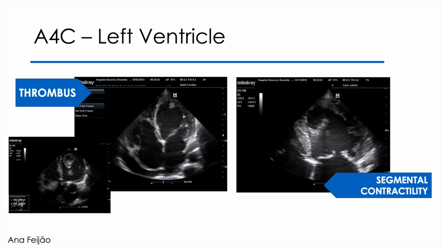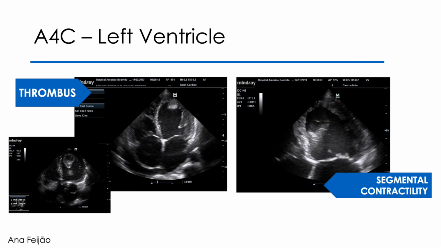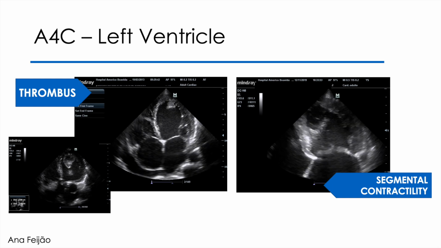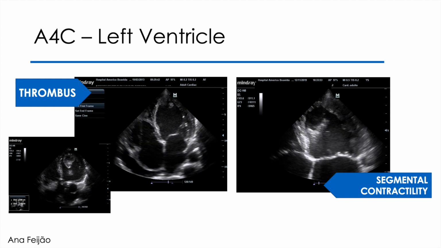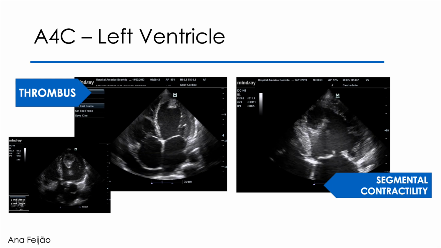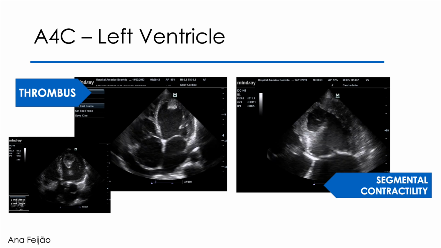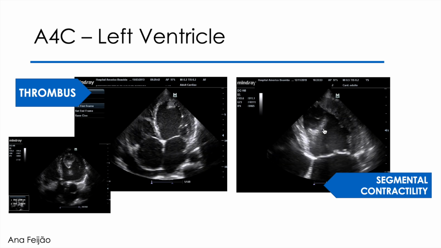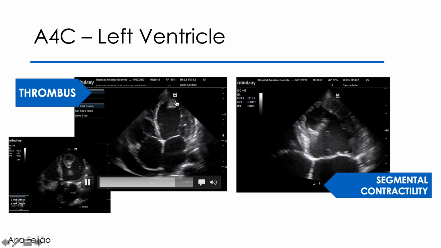It is important to locate and dimension the thrombus, understand how it behaves, if it has mobility or if it is attached to the wall, the contour of the thrombus,